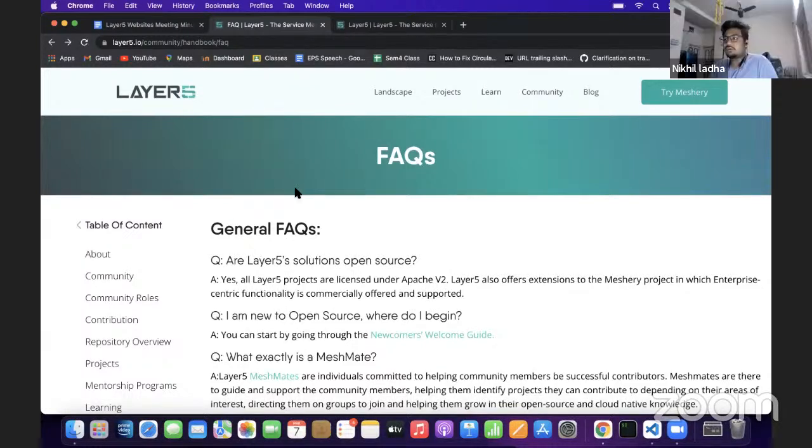For me now, if I go on Google and search Layer5 FAQs, it prints the Layer5 FAQ first and then the community handbook link. So from the SEO perspective, I think we are gaining on both of them. So not an issue. Okay, that's informative, that's helpful. So it looks like Google's treating them as independent pieces of content.